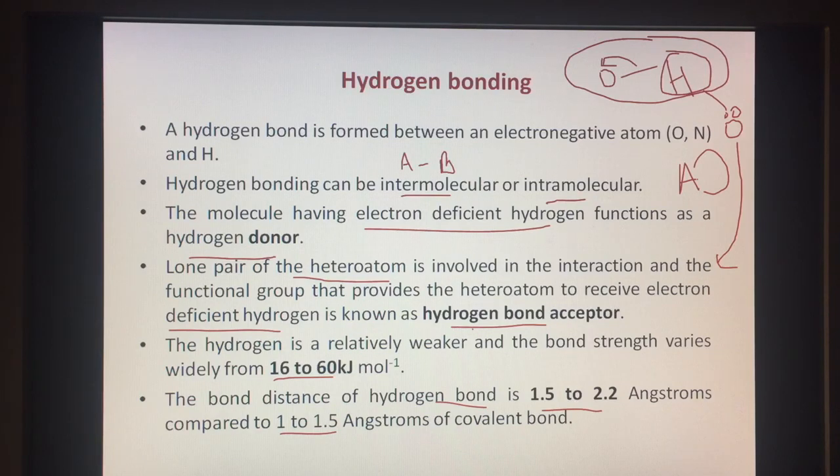Now this hydrogen bonding is also important in the interaction of a drug with its receptor active site, because there are certain drugs that form hydrogen bonds with the amino acids present at the active site of the receptor. So this is a very important interaction between a drug and a receptor. So this is all for this video. In the next video we will discuss other parameters that are used for determining the relationship with biological activity.